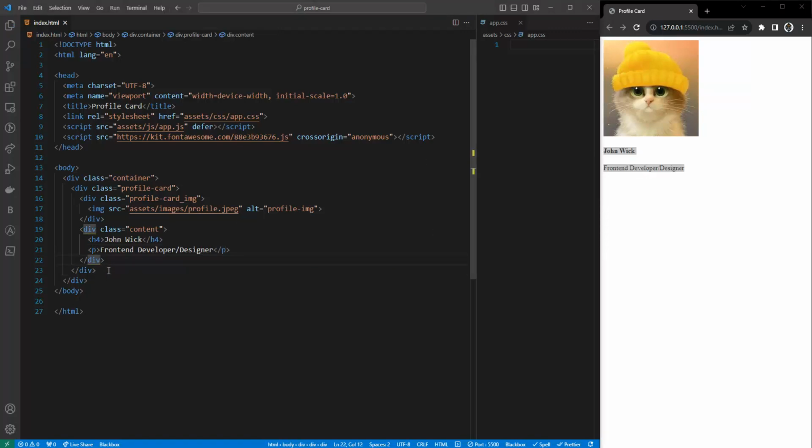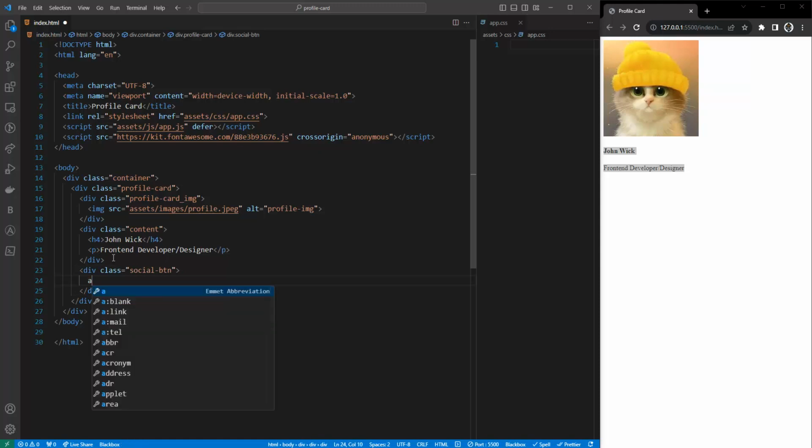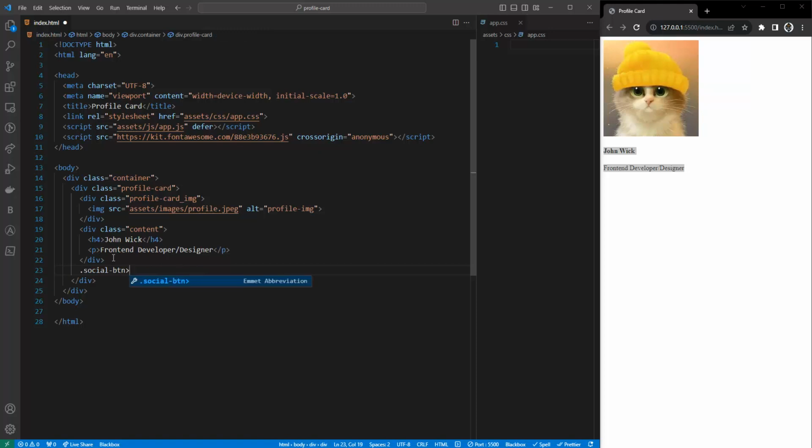So after that, outside of this content, we need another div, and I'm gonna create a class with the name of social btns, and inside that I need a tags. Let me go back. Inside that I need a tags, and we need four. Like we need Facebook, Twitter, Instagram, and YouTube. So I'm gonna say multiply by 4, and inside that I need